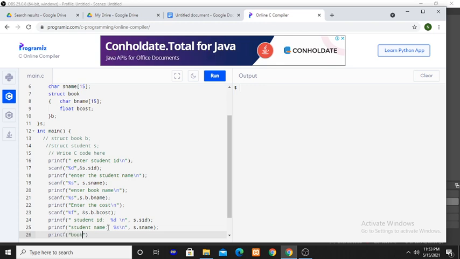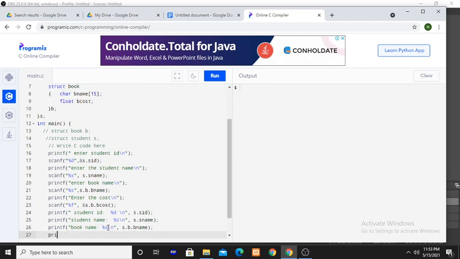And then book name, that is also string type. Now here you have to use s dot b dot b name.